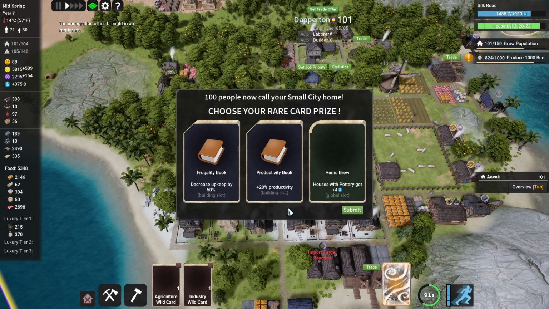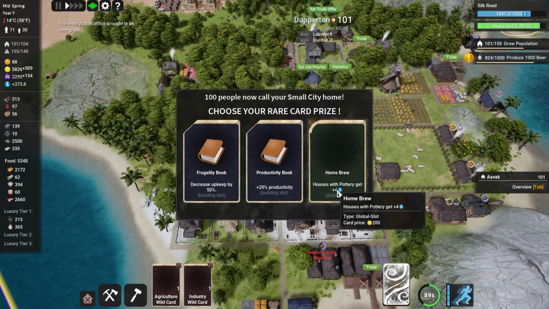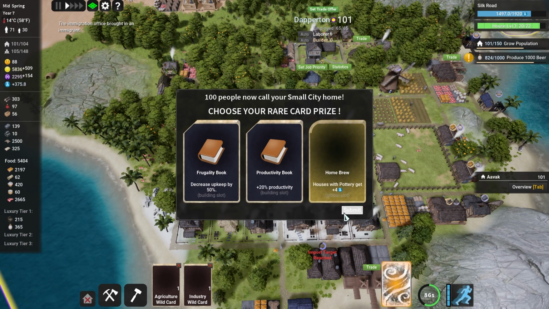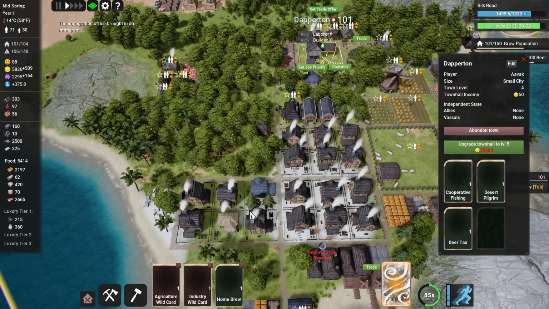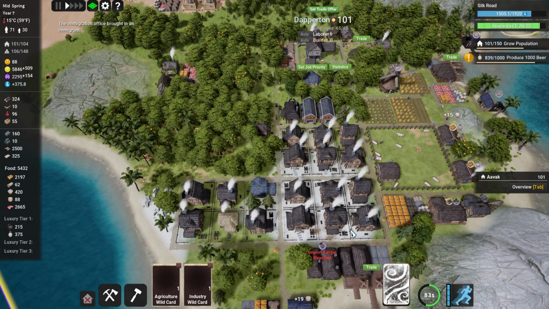Oh, there we go. 100 people now call your small city home. Homebrew. Houses with pottery get +4 science. Now, that's quite nice. Or I could get one of these books. No, I think homebrew is what we're going to go for, the global slot. And we're immediately going to slot it in. There we go. Now, I've got to get pottery before that's actually going to help me. But...